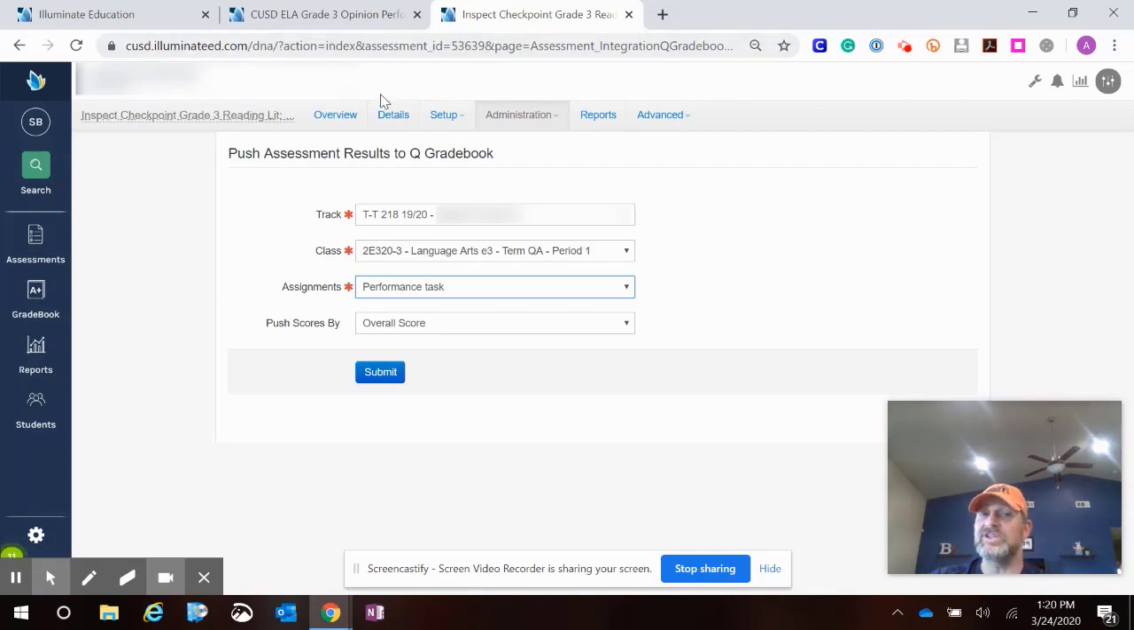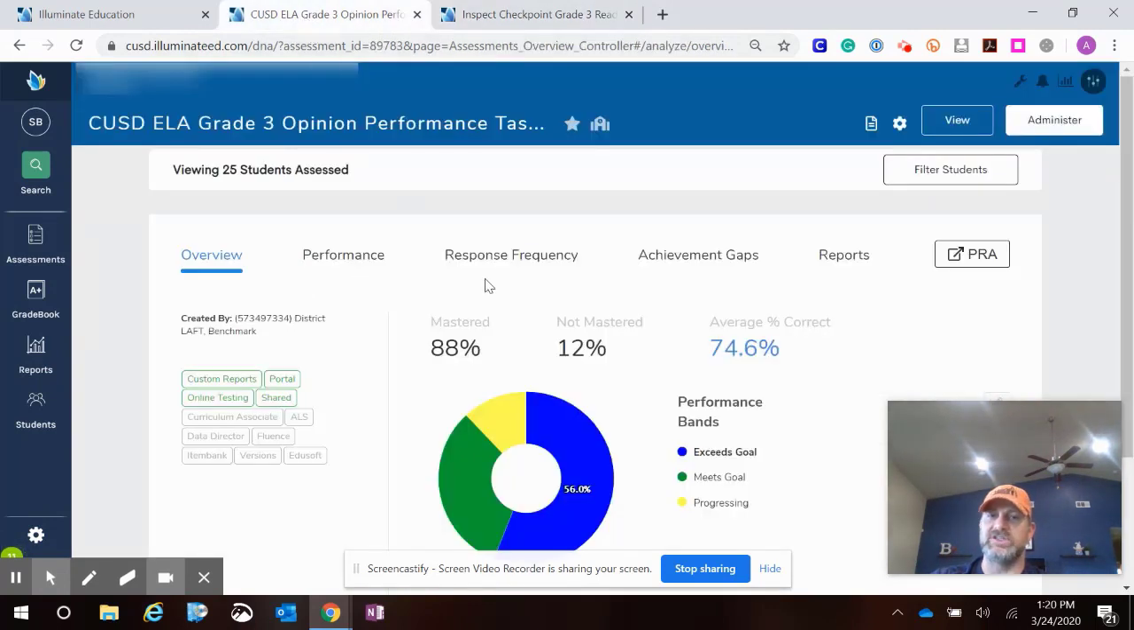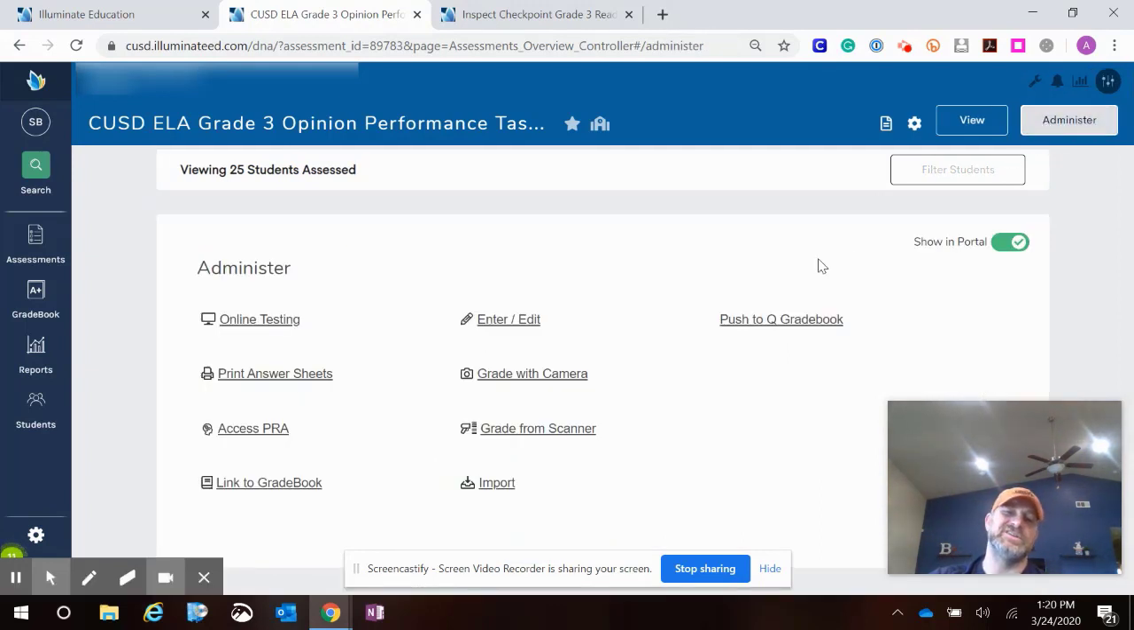If I'm in a flexible assessment, it's almost the same thing once you get to this page, but initially it's going to look a little bit different. The setup of a flexible assessment just does not look the same. So I'm going to come over here to administer up in the right. So almost the same thing, but just in a different location. And now I see my push to Q Gradebook right here. So once I click that,